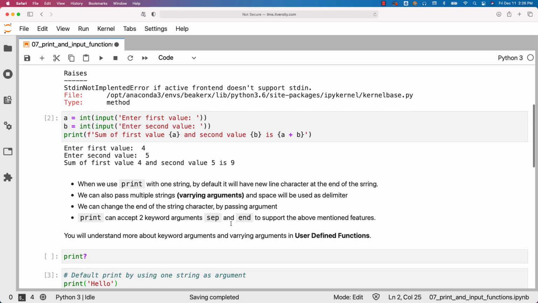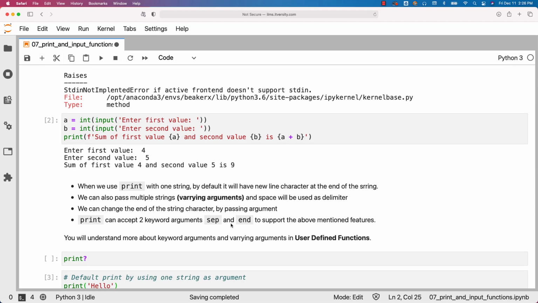That being said, even though input and print come quite handy in the learning process, we should not be using these functions as part of our applications. In place of print, we typically use a logging framework, where the information will be logged into a log file or the console. When it comes to taking the input, we typically take the input directly from the end user using a web interface, which will be converted to a REST API request, which will be coming to the Python-based code. We will not be using input for that.